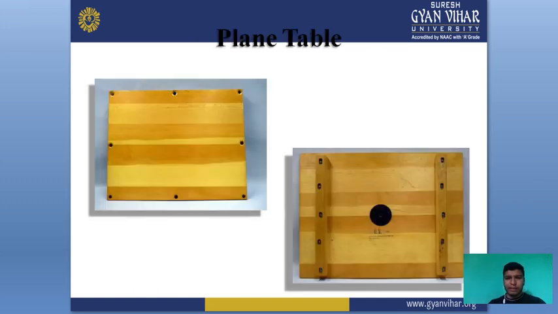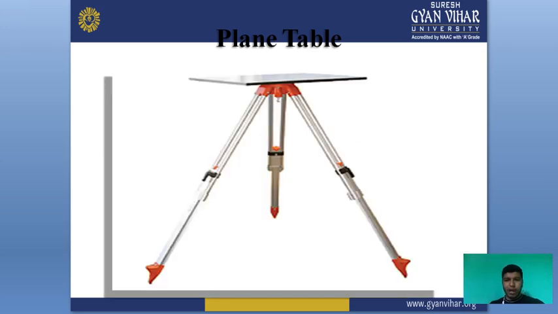This is the example of a plane table, which is the plane table board used for drawing in plane table survey. It is mounted on the tripod and fixed on the tripod on the ground with the help of clamps. This is the example of how we fix the plane table board and tripod on the surface of the ground for taking the measurement and recording the observations.